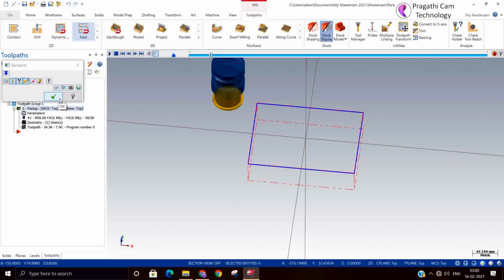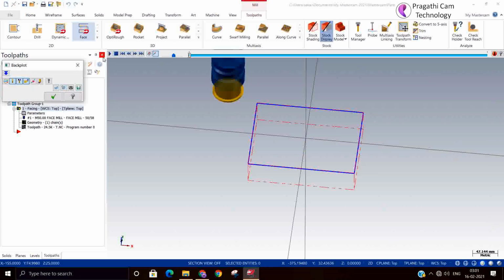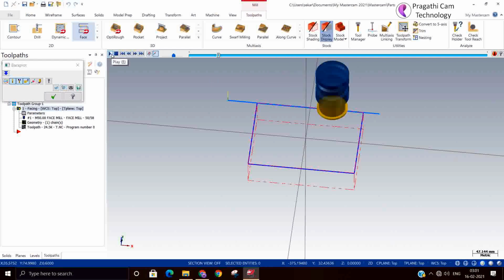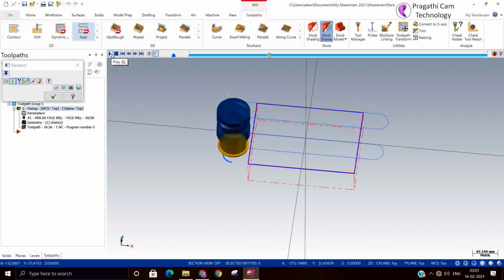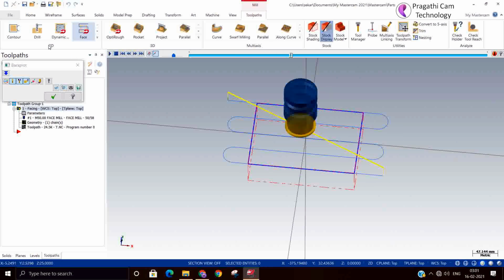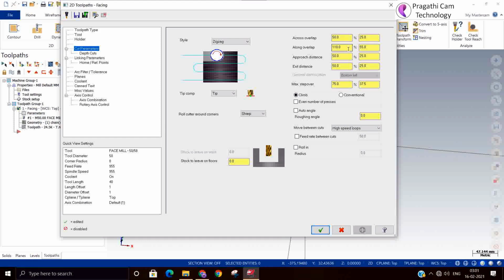The approach distance is added to the along overlap, so 110 along overlap plus the 50 percent of the entry, a total of 160 percent, and it will come from the outside. So this is all about the across overlap, along overlap and approach distance.